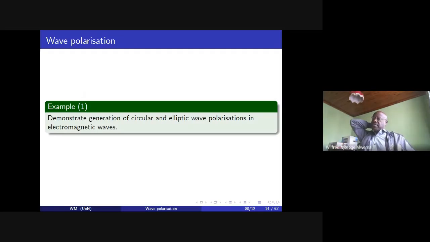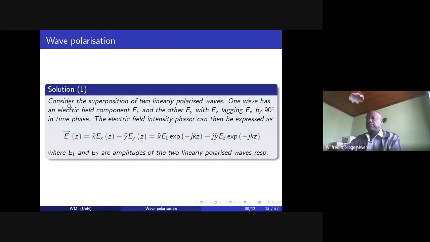What we want to show is that these circular, elliptic, and linear polarizations can be obtained from each other. So the example here is to demonstrate how we can obtain circular and elliptic wave polarization in electromagnetic waves. We consider a wave that is a superposition of two linearly polarized waves. One wave has an electric field component EX, and the other has an electric field EY, lagging EX by 90